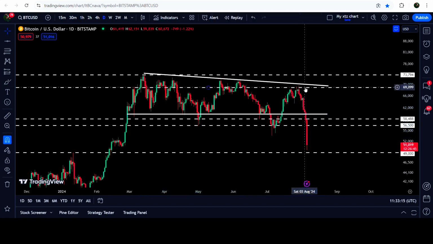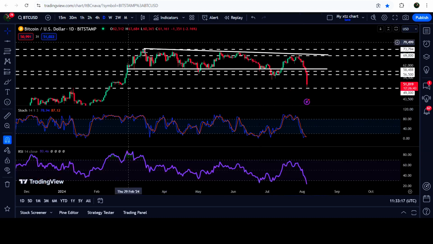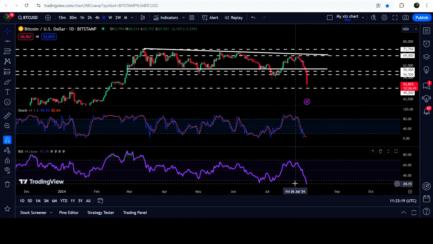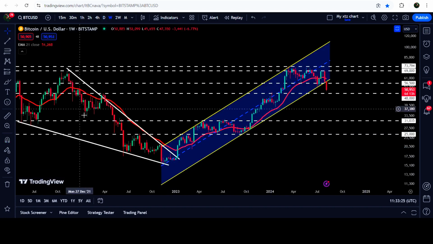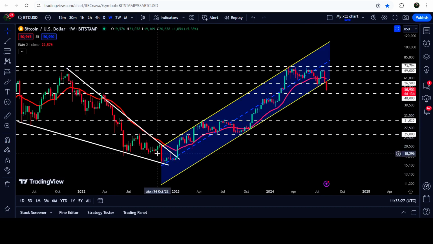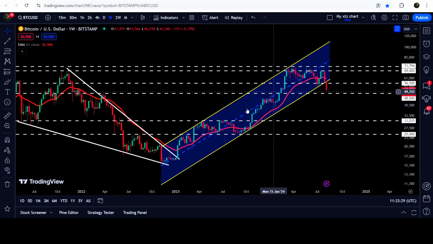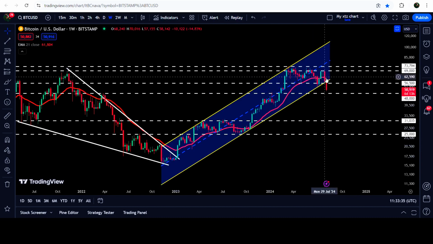And in today's video, we will analyze this move. I would also like to show you the candlestick and RSI. Both oscillators have entered the oversold zone. And we will also take a look at this weekly time frame chart. You can see that after breaking out of this big falling wedge pattern, the price line rallied very well and formed this up channel. Right now, we are breaking down the support of this channel, and we have also broken down the EMA 21 on the weekly time frame chart as well.